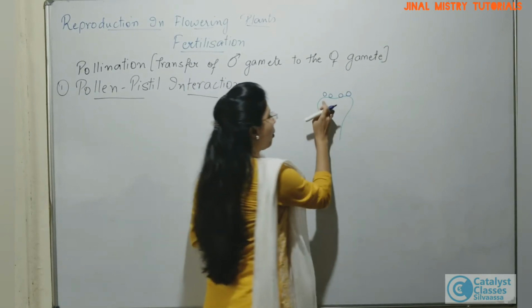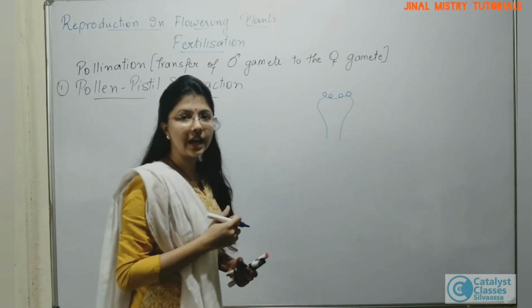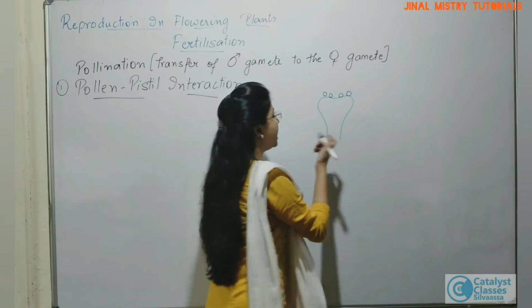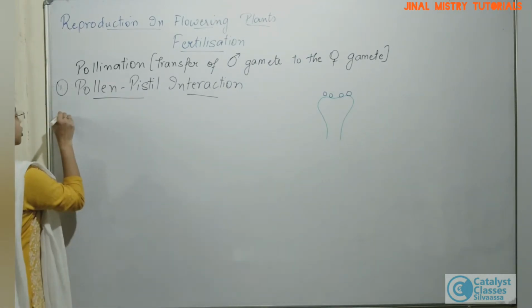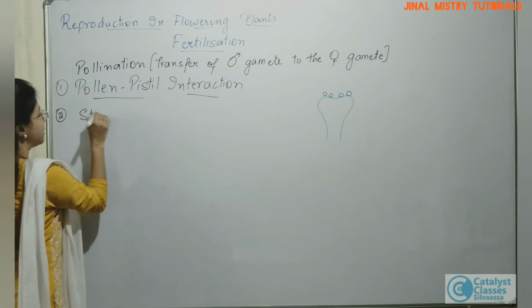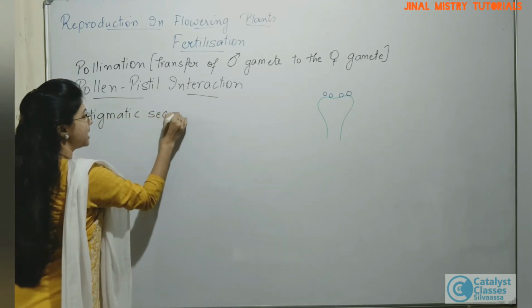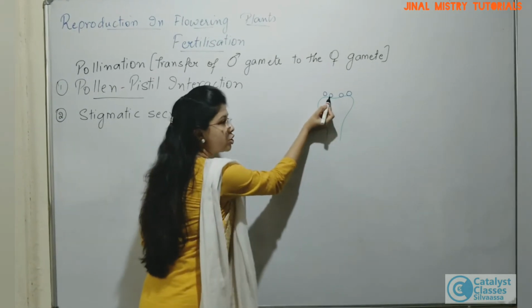Right? Now, once this pollen has landed on the stigma, the next thing that is going to happen is germination of the pollen grain. That means, first of all, there will be certain stigmatic secretions,